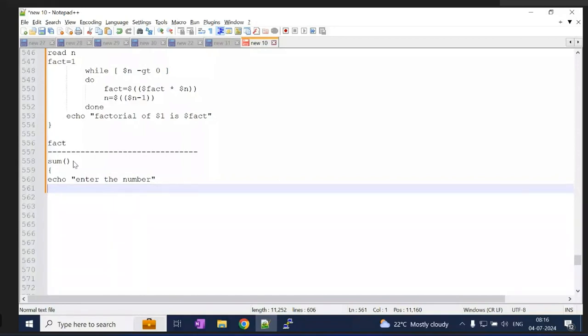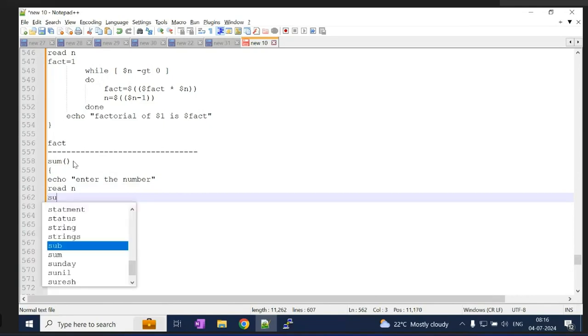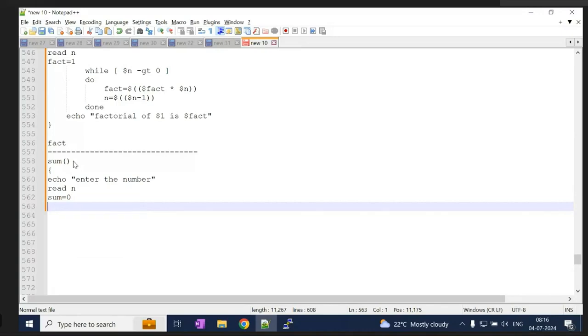Then read that number: read n. My variable is n. The initial sum value, I am defining it as 0.